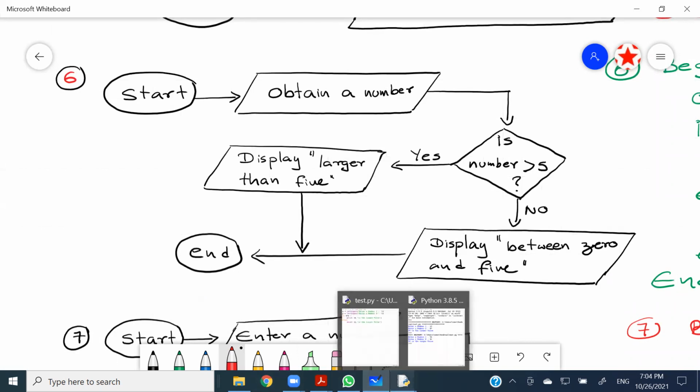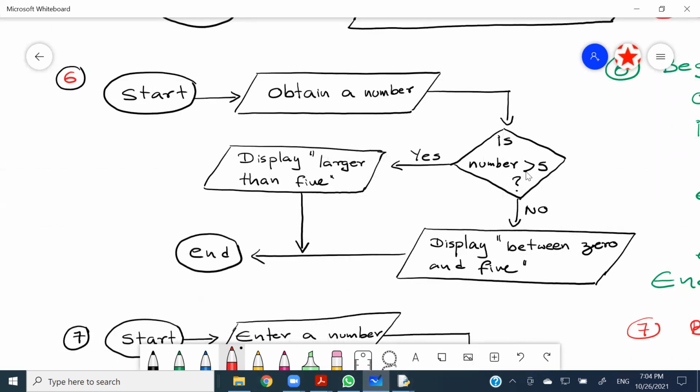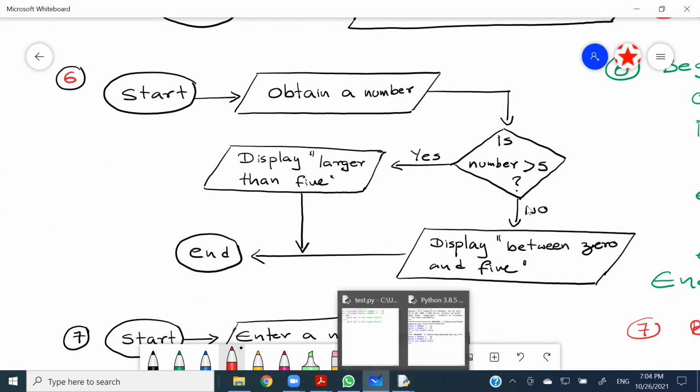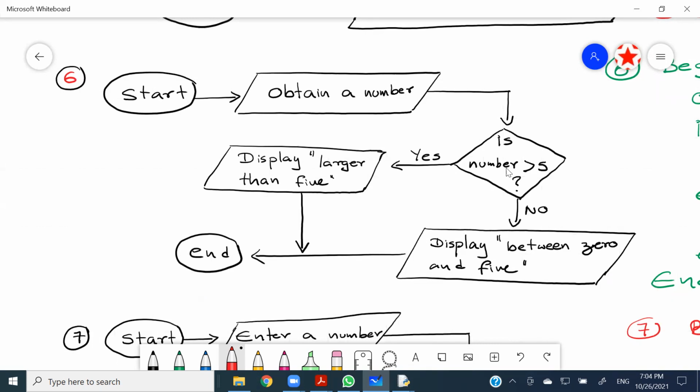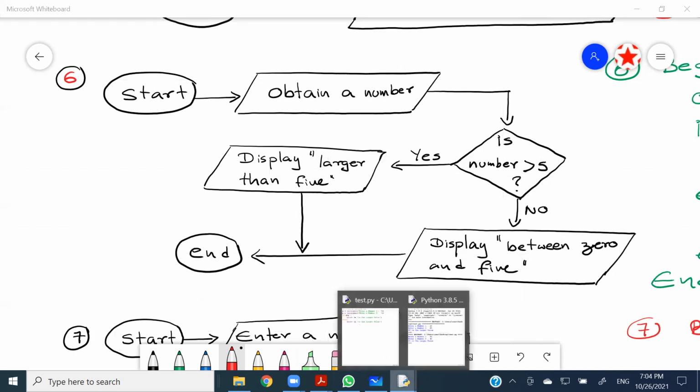previous question. So they are saying whether the number is larger than 5, display larger than 5, otherwise between 0 and 5. Right, so according to my flow chart, my condition is number larger than 5. So obtain a number, is number larger than 5 is my condition. So according to that,